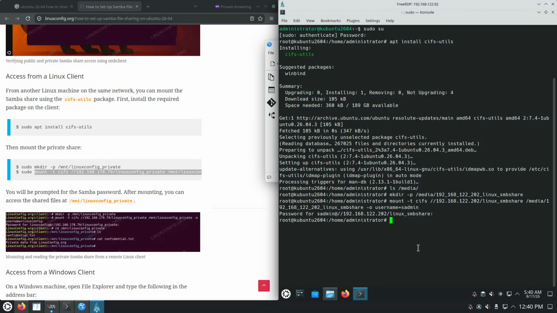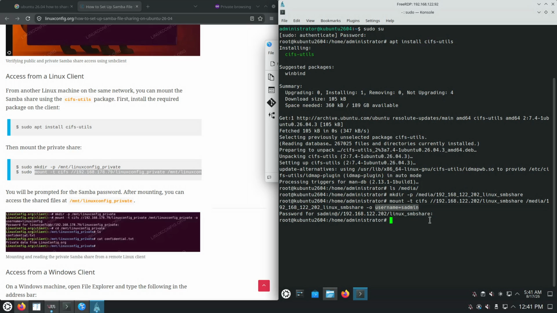Okay, so let's guess why we can't access this share, because we didn't specify anywhere the name of the Linux user administrator on this computer. So this command line knows about the local root user, knows about the remote sadmin user, doesn't know anything about